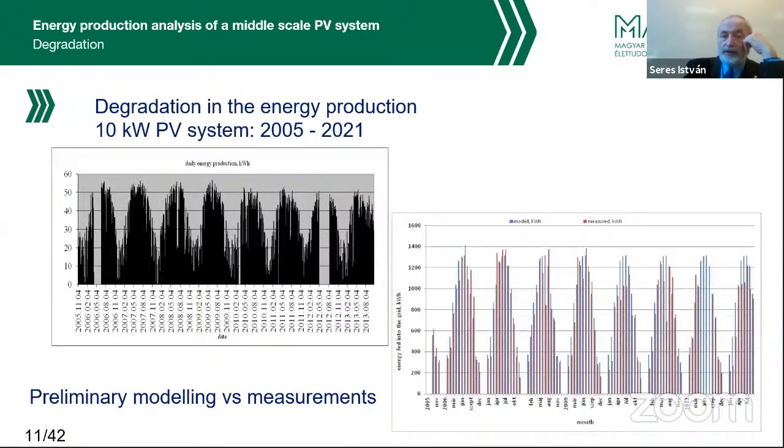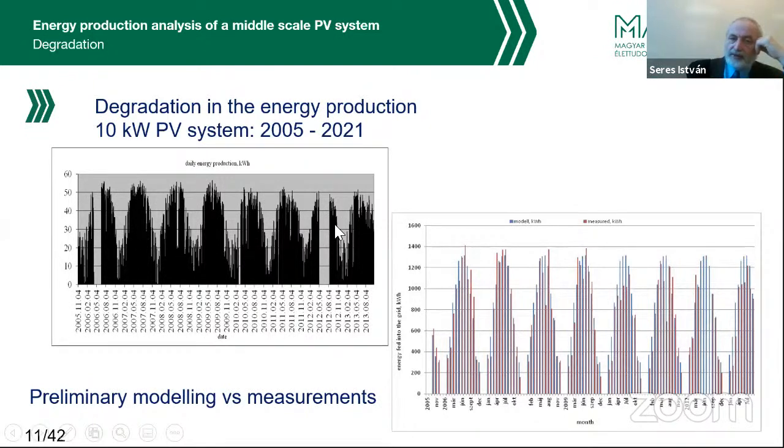Of course, we try to check how much the degradation of the system is. This degradation is normal, I think. If you buy a photovoltaic system, for example, I installed one, as I mentioned, on the roof of our house last year, the warranty was that these modules will have 85% of their initial capacity or nominal power after 20 years. How can we check it? Okay, we checked it in our system.